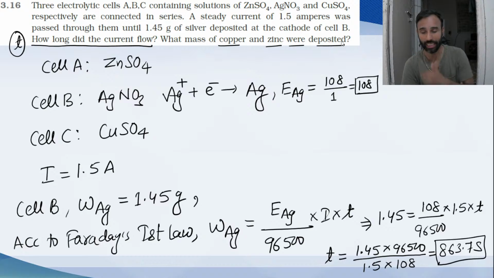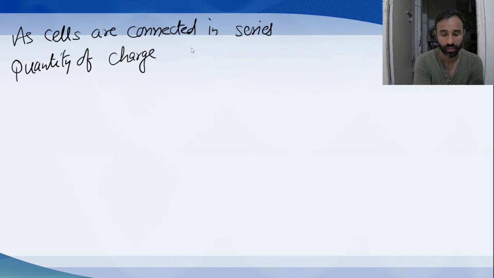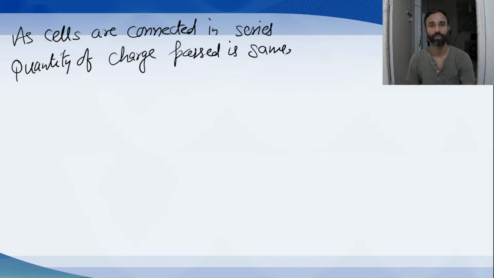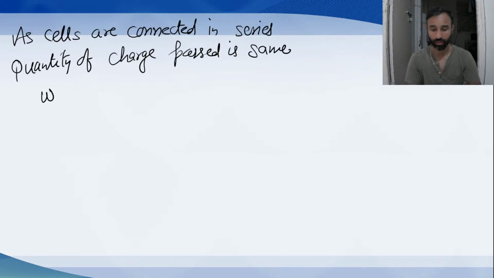If cells are connected in series, means quantity of charge passed through them is same. It means weight of zinc deposited at